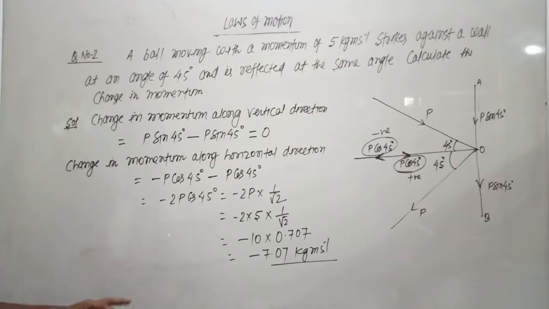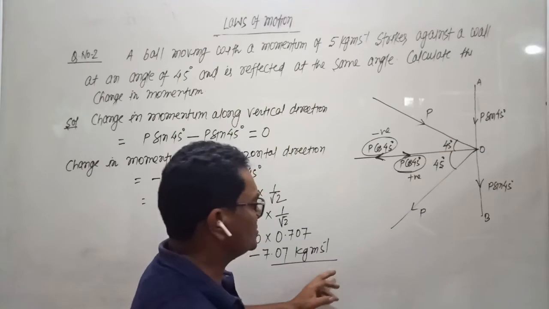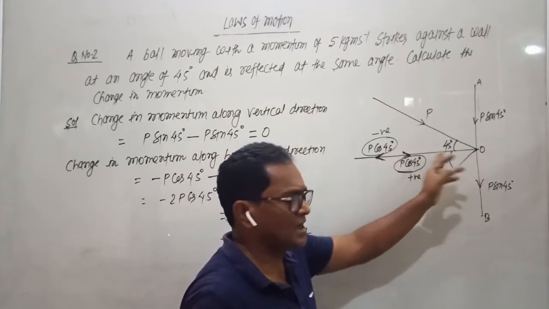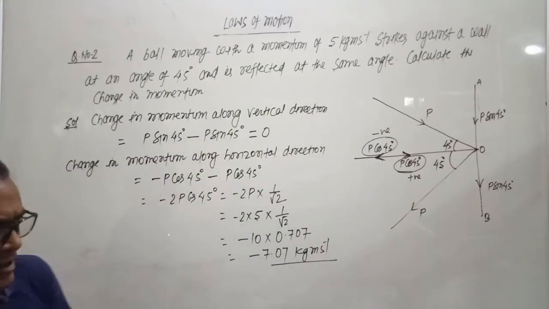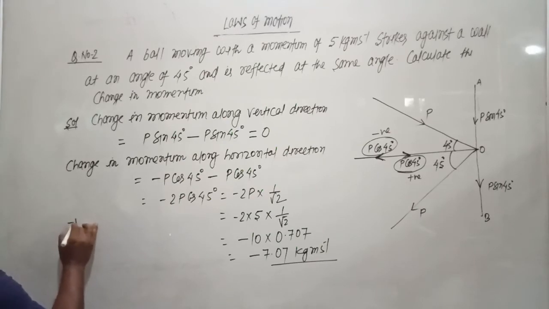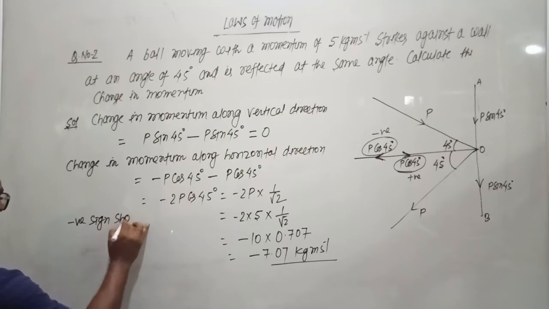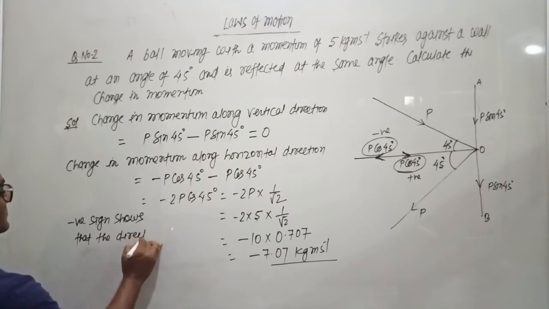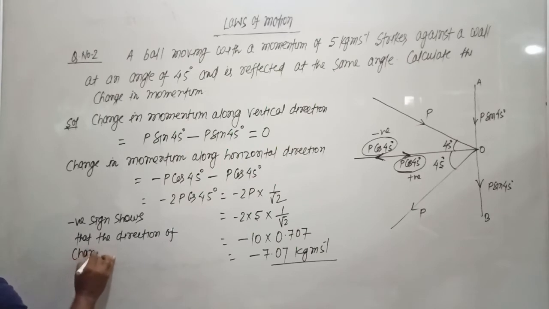And the minus sign indicates that the direction of change in momentum is away from the wall. The minus sign shows that the direction of change in momentum